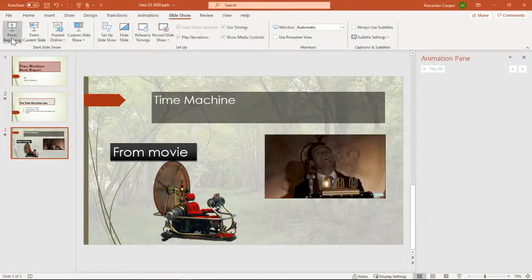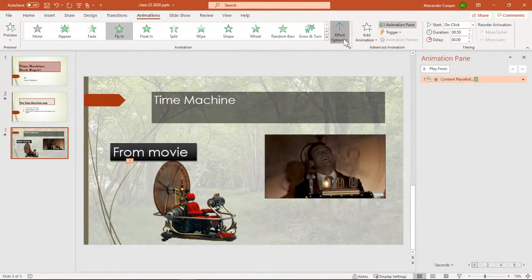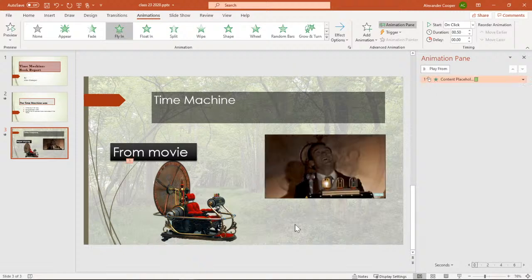Okay. Now, we could actually animate our graphic if we want to. And I think making it fly in would be kind of neat. Not from the bottom. We want it to fly in. Actually, it's funny because the thing didn't move in the movie. And we'll maybe make this fade in.